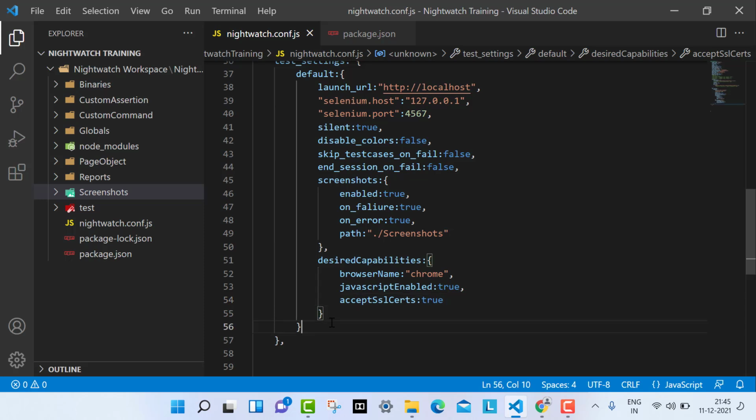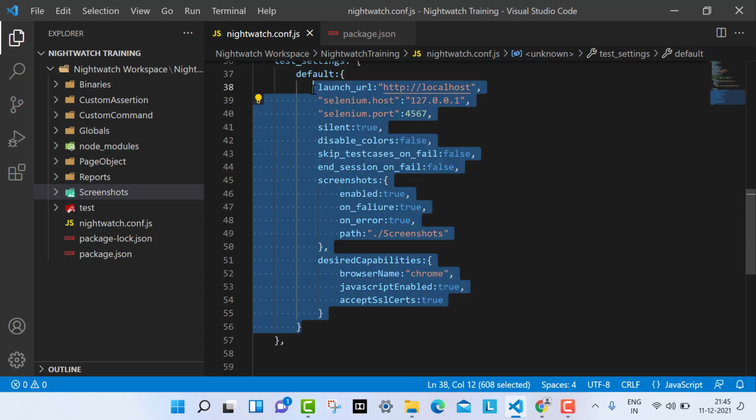Also, if I have defined another environment and these things are not present there, it will take them from the default. Also, if you have used a specific environment and overwrite these values, then the default value will be overwritten there.